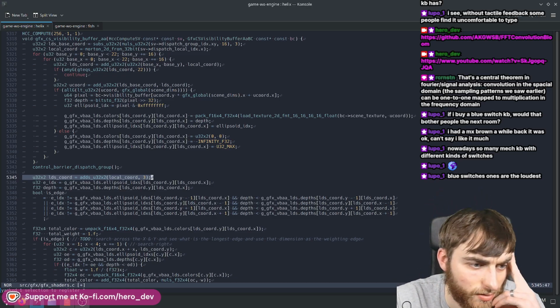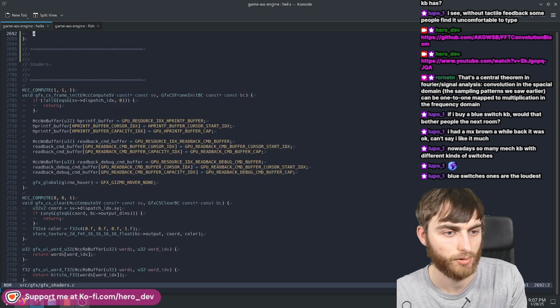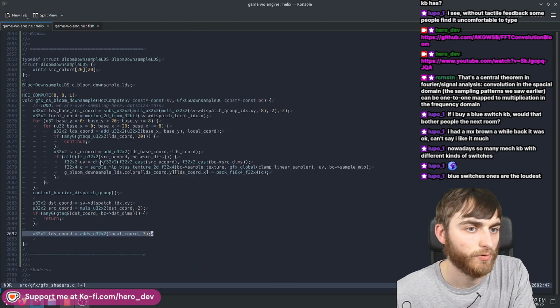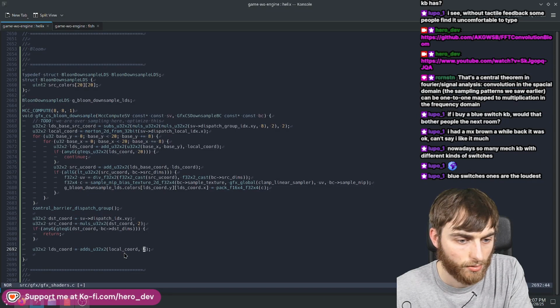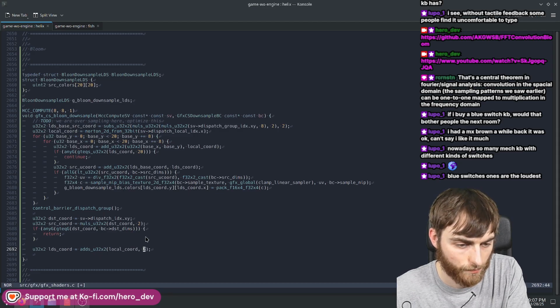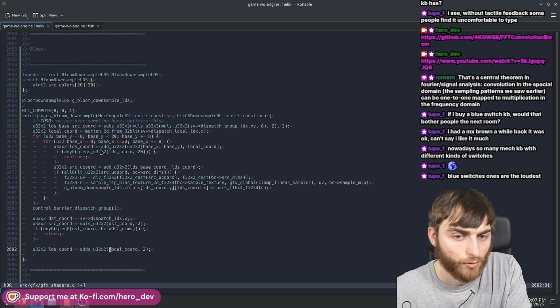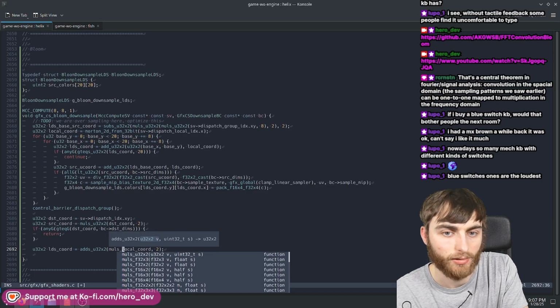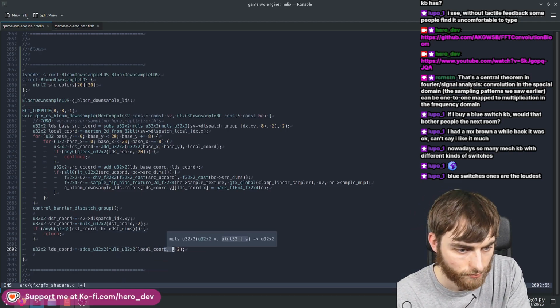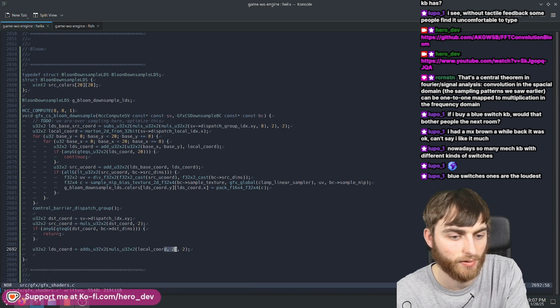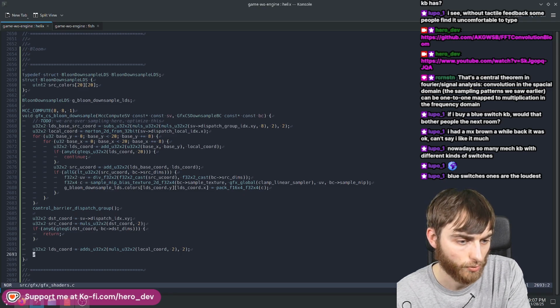Wait, is that a bug in this thing? Add 3. Oh yeah, no, you need to add 3. That's right. In this one we've got 2 by 2, so you need to add. Your local coordinate is 8 by 8, but in the source image it's 16 by 16, so you need to multiply it by 2 to bring it up into the 16 by 16, then add 2. Okay, so there's the LDS coordinate